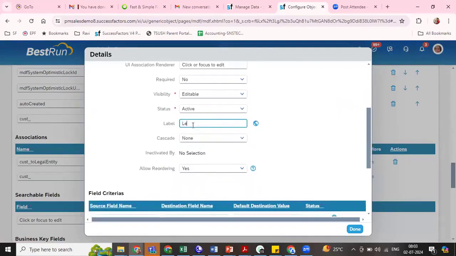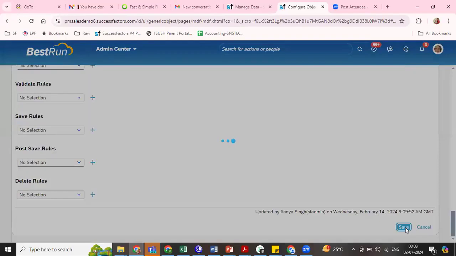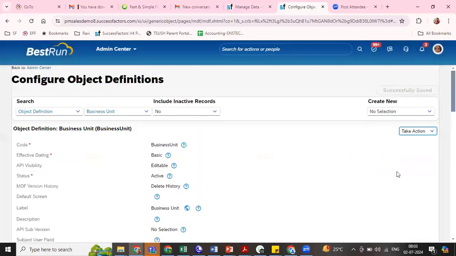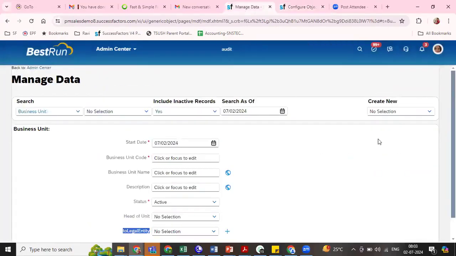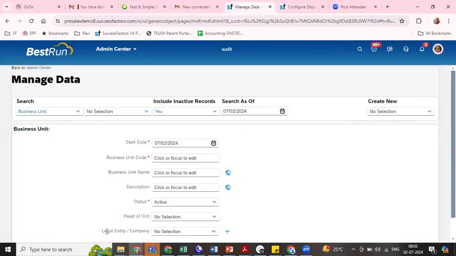Label here. Just say legal entity or company. Association name. Okay. Now if I go to manage data and refresh business unit, it says legal entity or company. Okay. Now this also I'll go